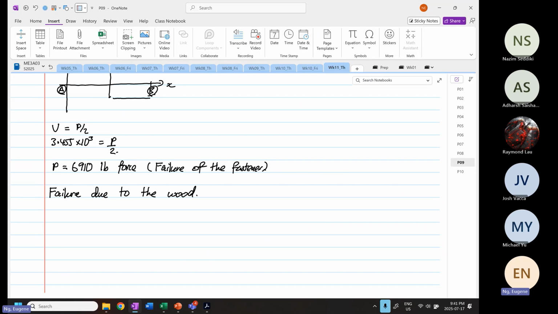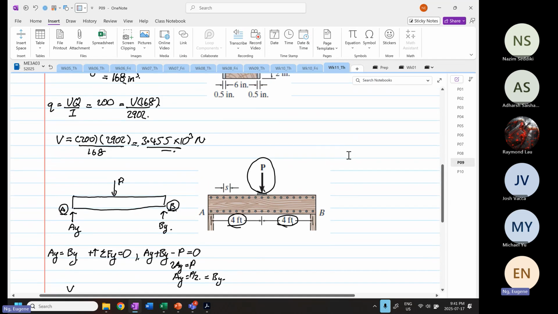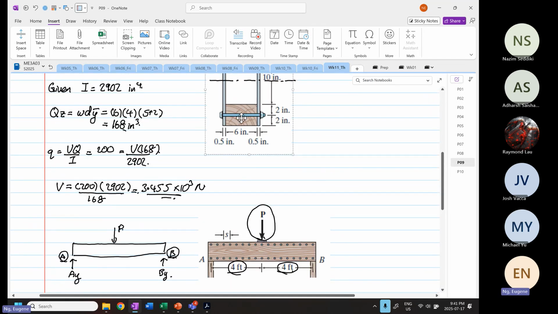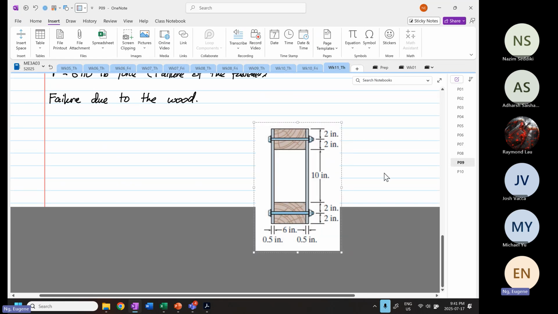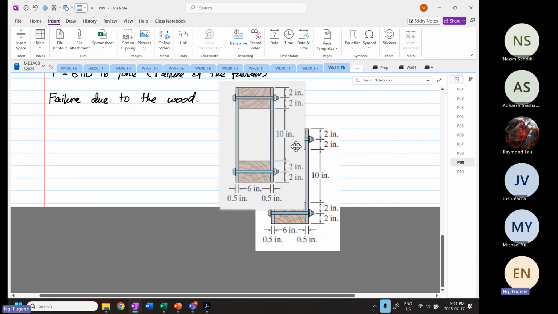The wood, not the fastener now. Okay, failure due to the wood. So when we say failure due to the wood, where do we actually mean? Okay, failure due to the wood means